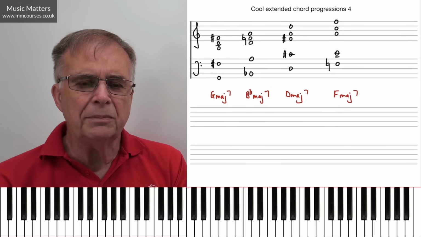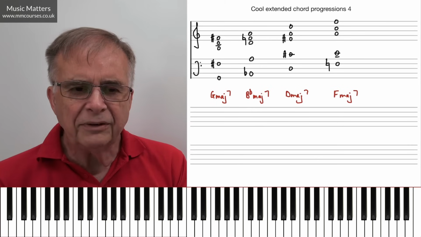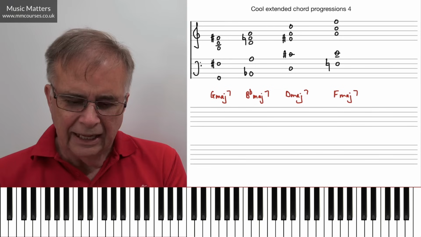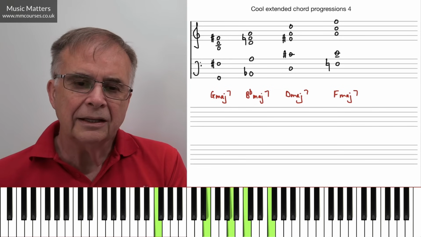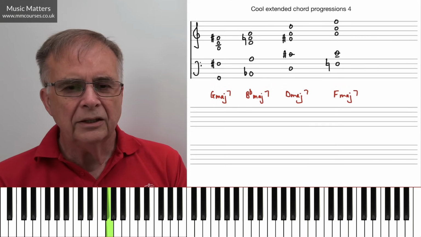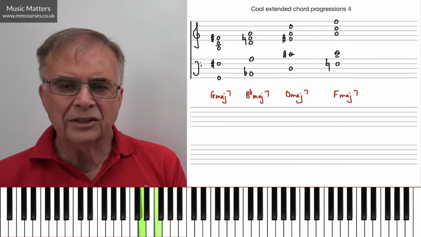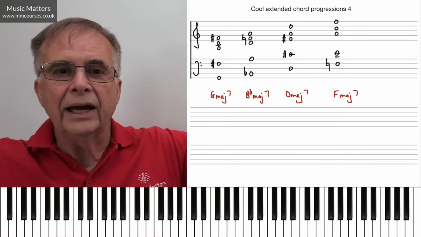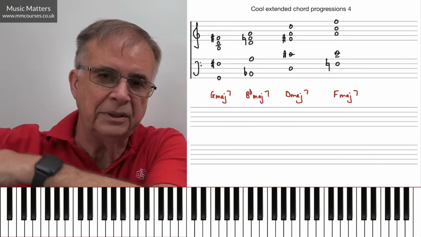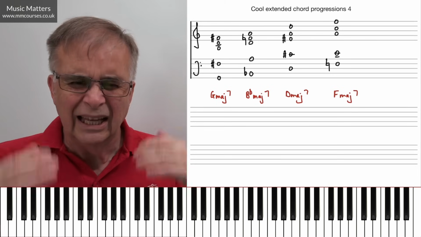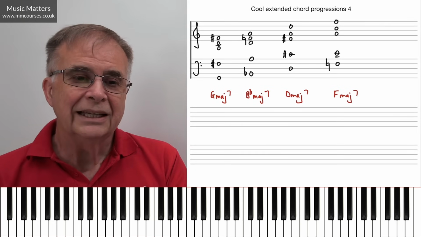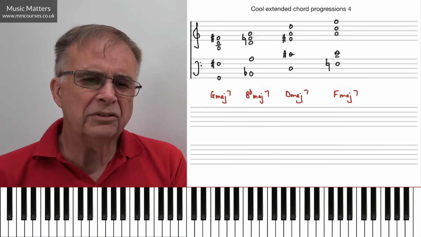So what are these 4 chords that I've written? This is what they sound like. G major 7, B flat major 7, D major 7, and F major 7. So it's quite an interesting chord progression, but you see this bass going up in thirds. Now, obviously, you can't write endless chord progressions that keep going up in thirds because you'll get to the point where you're up in the sky and you fall off the top of the keyboard, and it wouldn't make a lot of sense. But as a progression along the way, sometimes this is quite a nice way of thinking about things.